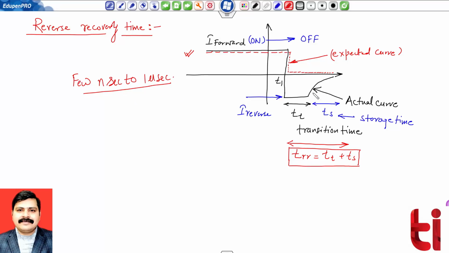So just to see the performance, how much time it will take to settle. In general we can say that it is a sort of delay, meaning after this period, after the reverse recovery period, I can have the expected